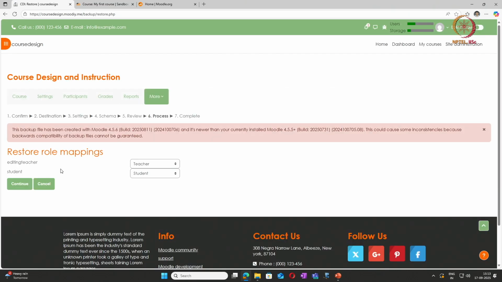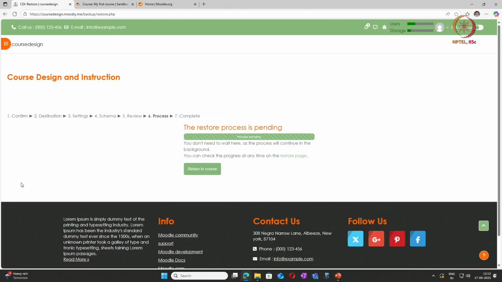You observe here this backup file has been created with Moodle version 4.5.6 and the present version is 4.5.5. So this could cause some inconsistency because backwards compatibility of the backup files cannot be guaranteed. We will click continue.